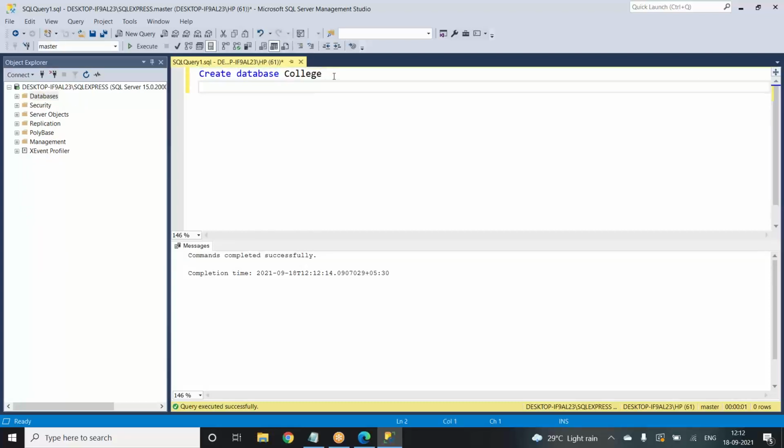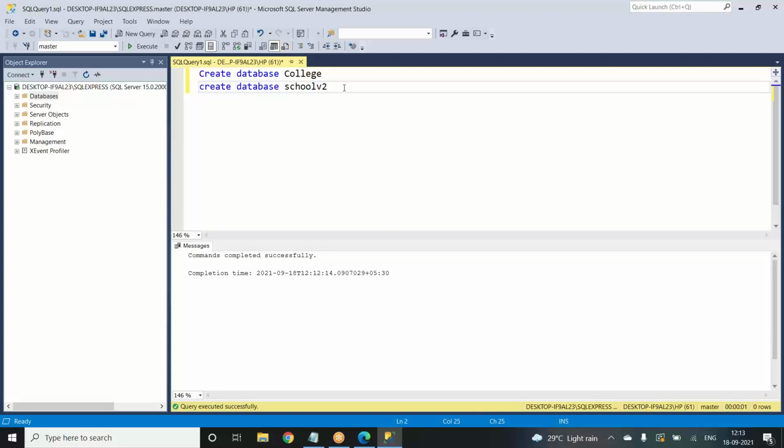Okay. Now let's try to create one more. Create database. Now if you execute it, you'll first get an error, because in SQL, once you click on execute, it will run the code from top to bottom. At the top, we have already written create database college, so that is already created, and you will get an error if you execute.